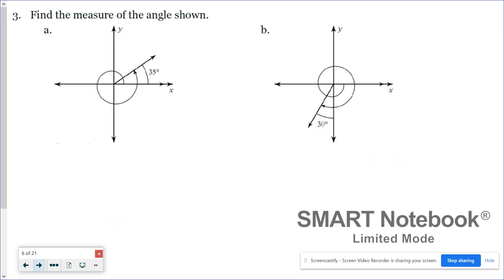So let's take a look at these angles here. It wants to know, what is the measure of the angle shown? The couple of things we want to pay attention to is direction, because remember, counterclockwise is positive and clockwise is negative. And we also want to pay attention to rotation. So when I look at A, I notice, if you look at that directional arrow, it is going clockwise. So what that means is I'm working with a negative angle measure. Also notice it goes one full,